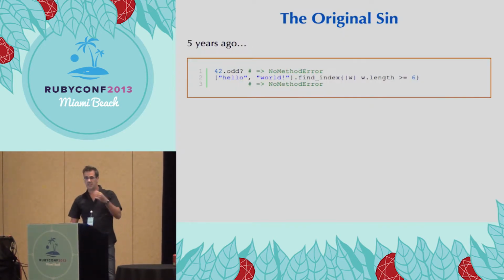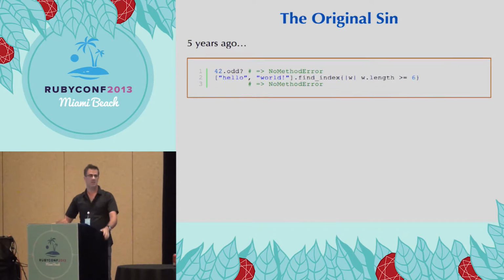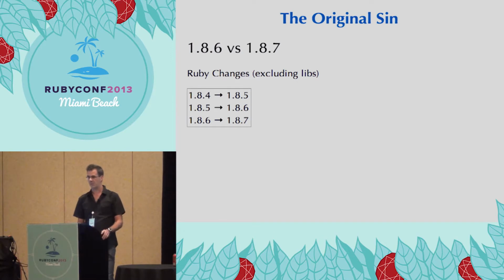So let's go back 5 years ago when I fell in love with Ruby, and I was having some weird difficulties playing around with it, like asking 42 if it was odd or calling methods like find_index. It was giving me a NoMethodError, and I was like, what's going on? Well, on my Mac, Ruby 1.8.6 was installed, and these were features only available in 1.8.7 or 1.9, because 1.8.7 actually introduced quite a bit of new features. It's officially just a point release, but